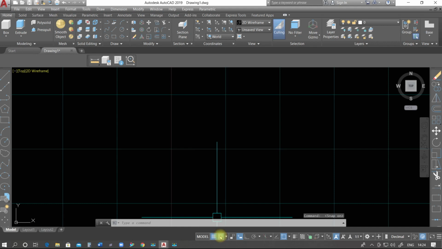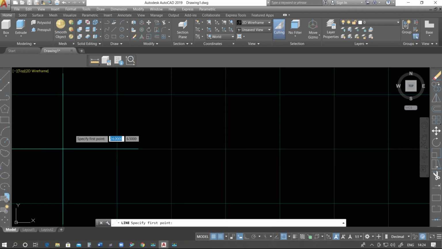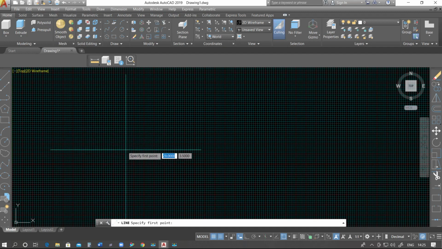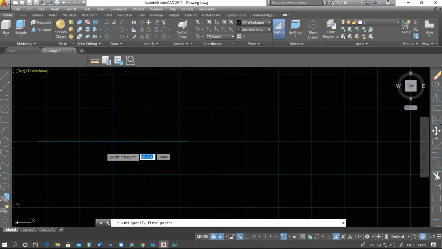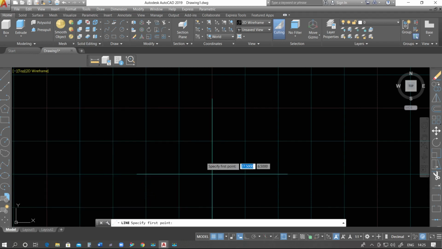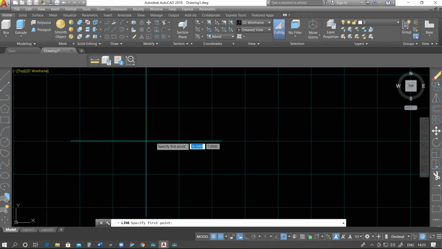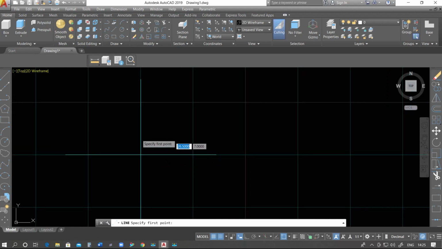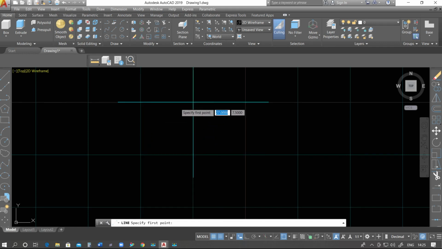Suppose I am going to check this option, that is snap. As we check this option, snap, now I am going to select a tool. Okay, I am going to select this command, that is line command. You see, when I move this cursor up and down, something is going to snap. The intersection points of the grid are going to snap this one. Suppose I want to move this cursor to the middle of this block. We cannot move this cursor to the middle of this block.